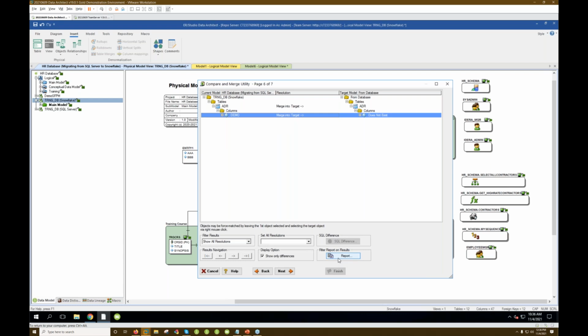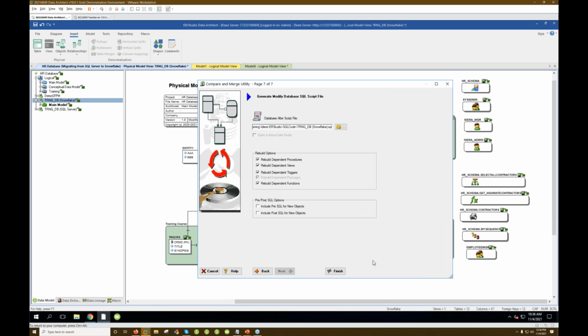Say I just run this and run a report, to put out somewhere for my team to consume, and say, hey, I found these differences between our model and the live database. Which one's correct? Which one do we want to do? Why did the DBAs not add this column, or why had they added a column? Whatever the differences are. So if I hit next here, you can see that it's going to create this alter